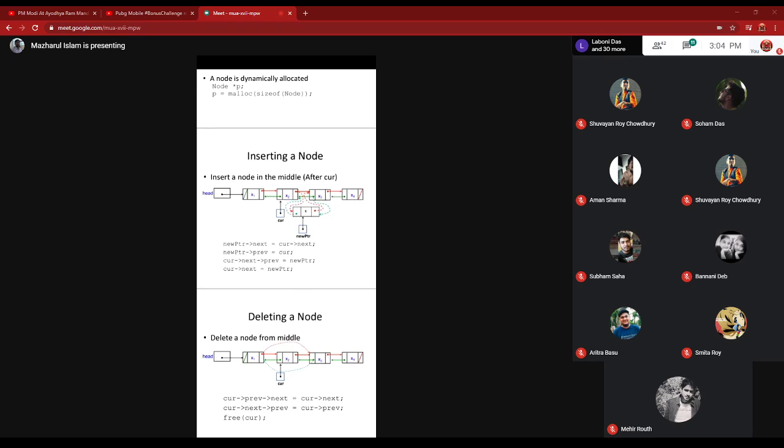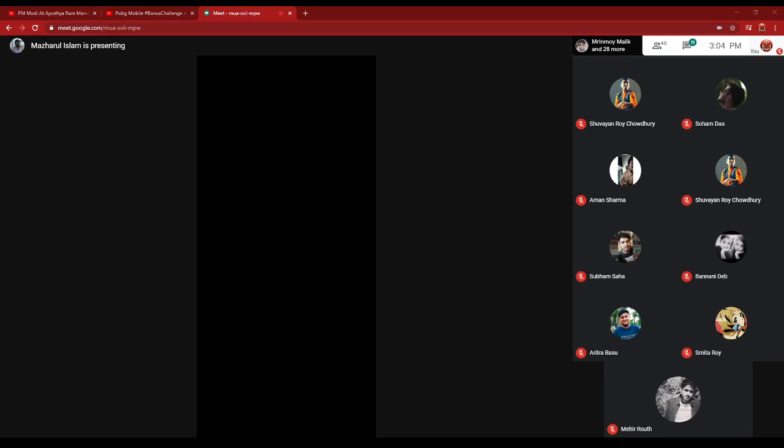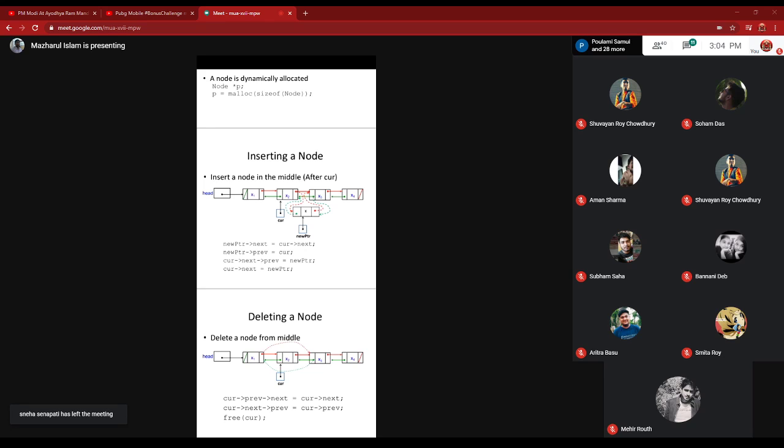Before X3 you want to insert the newly created node X. So the previous field of X3, notationally car arrow next arrow previous, equal to new ptr.